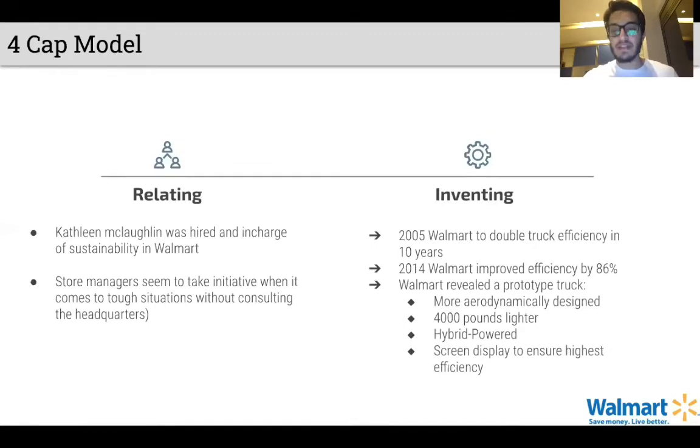And then on the inventing section, in 2005 Walmart pledged to double truck efficiency in 10 years. And in 2014, Walmart did do that, and they improved efficiency by 86% in the truck areas. Walmart revealed a prototype of the truck that was more aerodynamically designed, 4,000 pounds lighter, hybrid powered, and with a screen display to ensure highest efficiency for the driver. So they're on the brink of inventing a lot of new stuff, including the light bulb, the trucks, and many other things. So now I'm going to pass it to my friend Daniel to talk a little bit about the